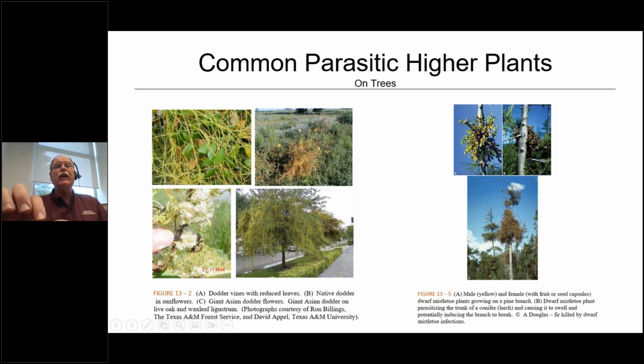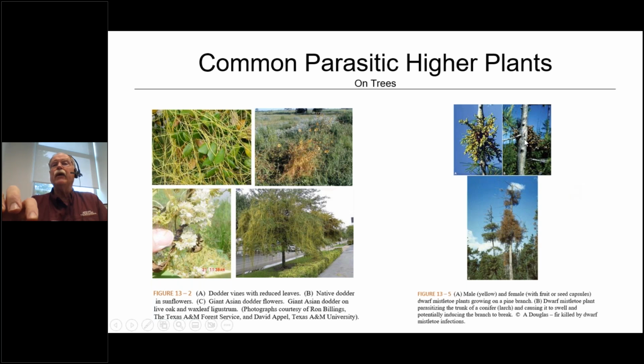However, out in the hill country, every once in a while, you're going to see in live oak a native tree dodder too. A little bit more down in the southern range, although I used to run into it all the time out at Fort Hood, in parts of Fort Hood when I was doing research out there. The other